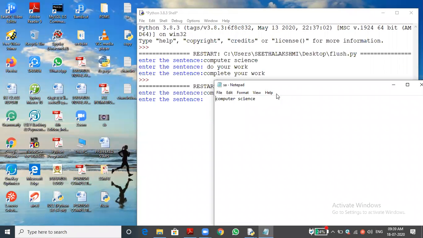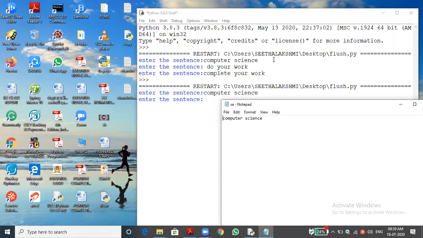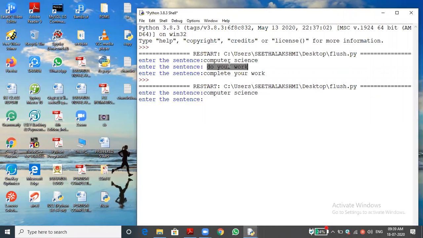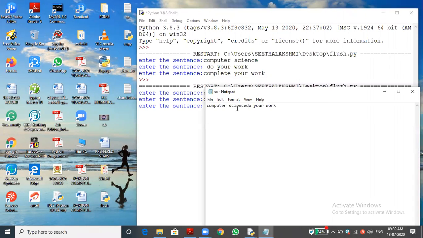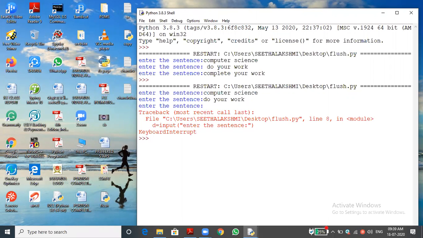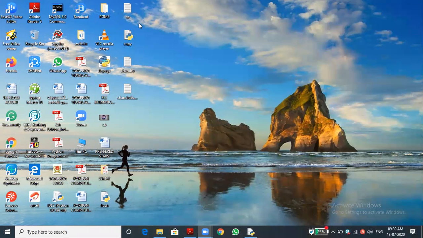Yes, sir. So previously, without using the flush function, computer science would not be written, and your work would also not be written. Finally, only all three lines would be written. Now you can see I'm closing again. It is asking for the second line. I'm pasting it. And finally, if you open this file, you see both lines are written. Can you see that? Yes, sir. Finally, I'm closing this one and copying the final statement also. Oh, I think I made some error, that's the reason. Not an issue. Now you understand: by using the flush function, the data will be